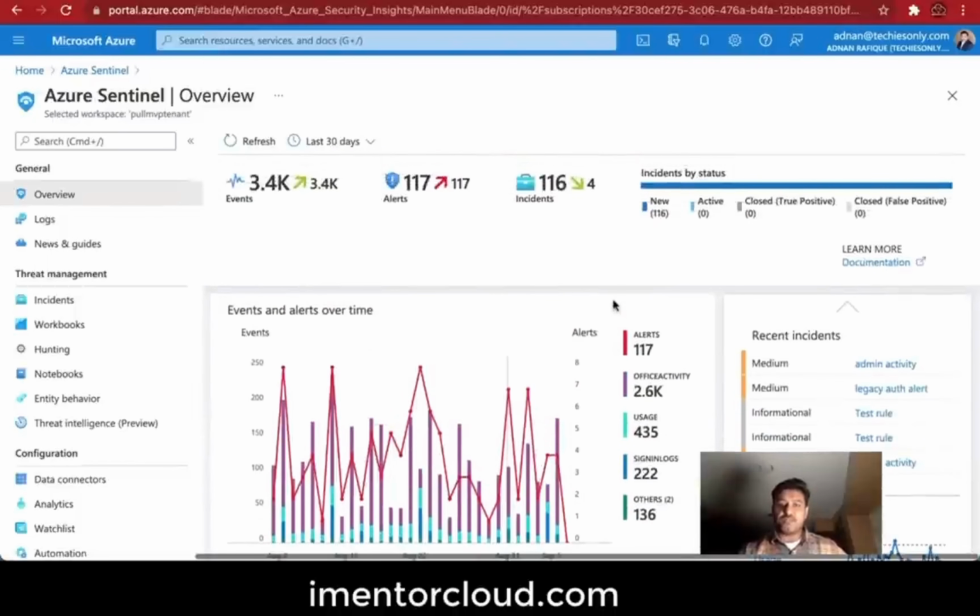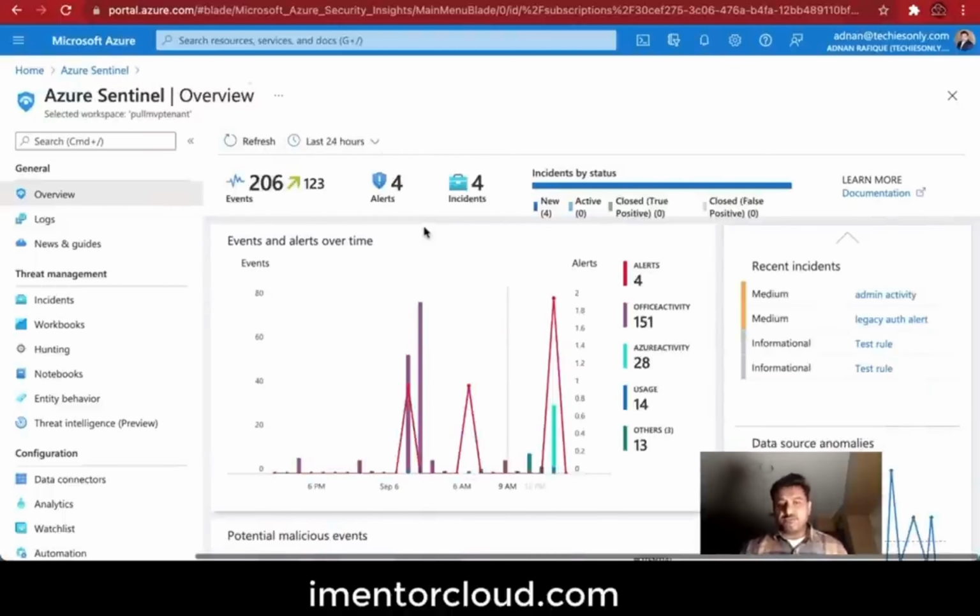One more thing I want to add here is that this is based on 30 days, but you can do it for the last 24 hours. And why it is important: because of the number of users you are supporting in the organization. For me, it's just one or two users. But I've seen environments as big as 5,000, 50,000, 100,000 users. This gets very complicated, and then you have to really tweak and customize it, because too much data becomes a real problem. So that's another reason to change the timeline,